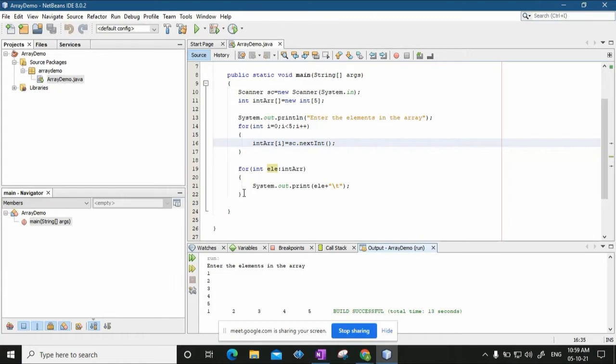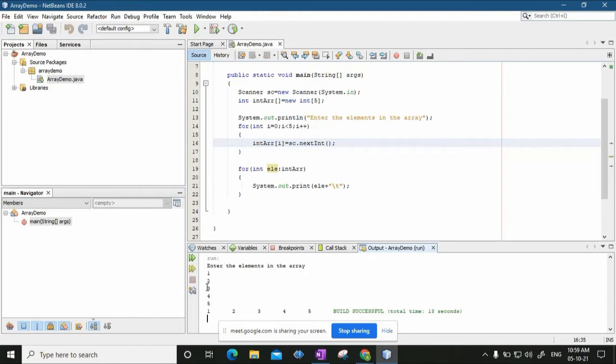Then after doing this, automatically there will be incrementation of the index. So ele now will be pointing to the second index element, 2. Automatically ele will store the second index element value. Then it is going to print that ele, so it is going to print this 2. Then automatically the index will be incremented, and ele will be pointing to the third index element, that is 3.